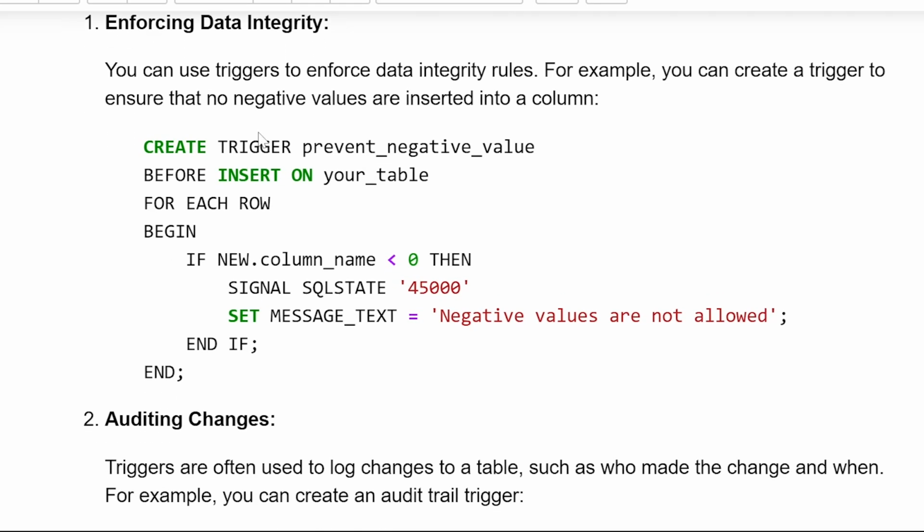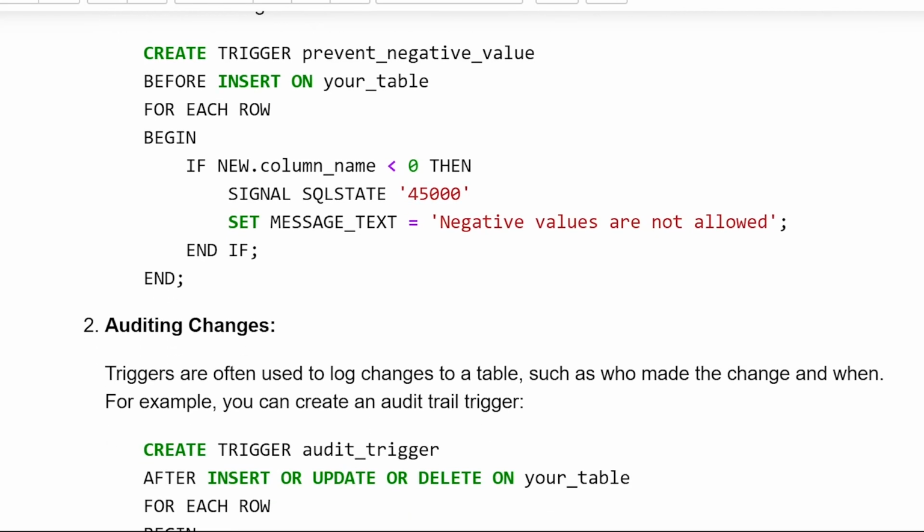CREATE TRIGGER prevent_negative_value BEFORE INSERT ON your_table FOR EACH ROW BEGIN IF NEW.column_name < 0 THEN SIGNAL SQLSTATE '45000' SET MESSAGE_TEXT = 'Negative value not allowed'; END IF;